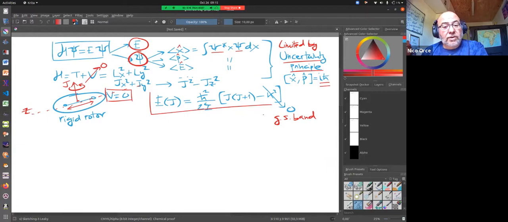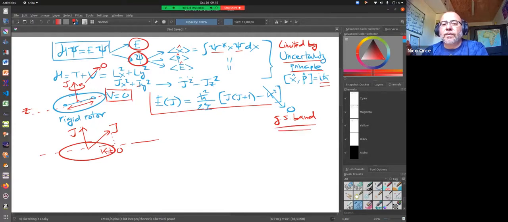It's not 0 many times, most of the times, because as soon as the rigid rotor starts doing something else and moves from J here to somewhere J here, then obviously you're going to have a projection here, and K will be different from 0, right? But anyway, for the ground state band, we assume it is equal to 0, and we deduce the different levels. We have the 0 plus, the 2 plus, the 4 plus, and the 6 plus up there, and they follow